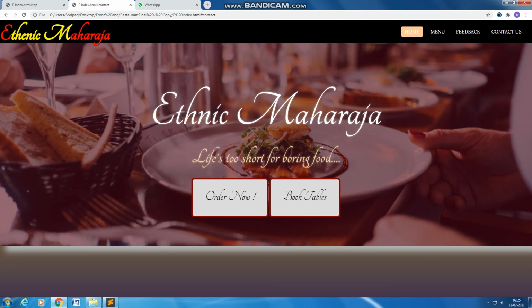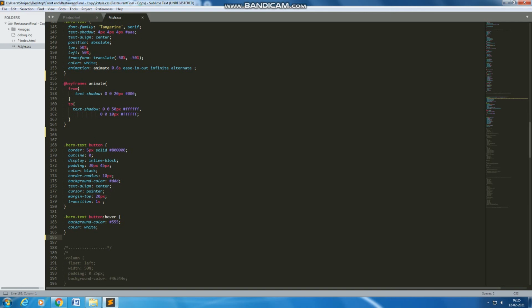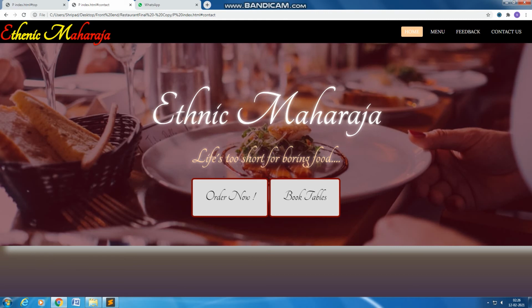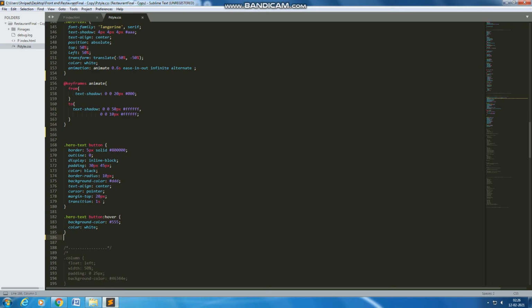So after saving this, you could see that our buttons are now appearing different. That code was basically for the styling of our buttons, wherein we style their borders, their colors, their displays. In buttons as well, I have kept a transition of 1 second. So as you can see, as we take our mouse over the buttons, it is changing its color from white to black. So this is a very nice effect in CSS which you can use as well.